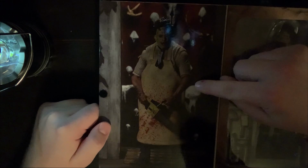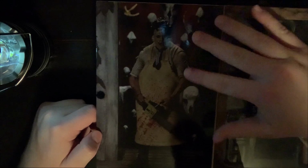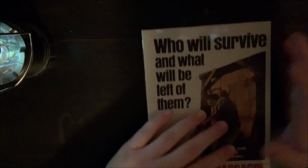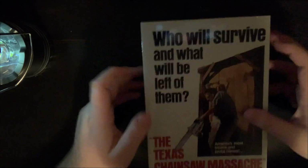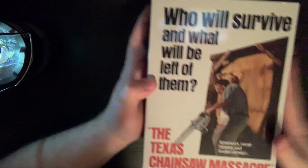So, right here, we got that infamous scene where they walk in and he's standing in front of the red walkway. Stairs are over on this side. He's looking intimidating. It's an awesome film. If you haven't seen it, I definitely recommend it. It really started this kind of genre of horror film. So right there's the movie poster,